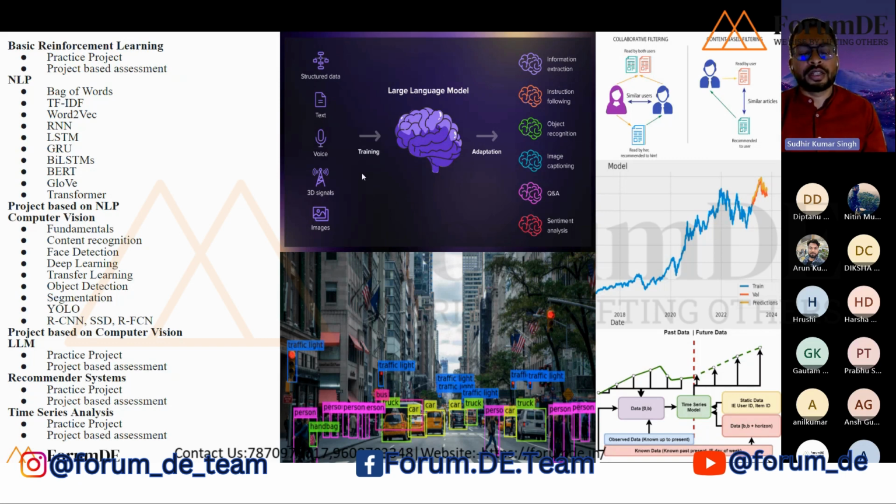Here you can see that generative AI uses all kinds of data, structured, unstructured, text, voice, images, anything you give, and you can expect some output in the form of information. Like you can ask questions and you can get an answer. You can put in a prompt and you can expect an image and things like that. And next we'll go for understanding some of the recommender systems. You must have seen how Netflix, Amazon Prime suggest videos, how Flipkart and Amazon suggest products just by looking at your history or by others' history with a similar background as yours.